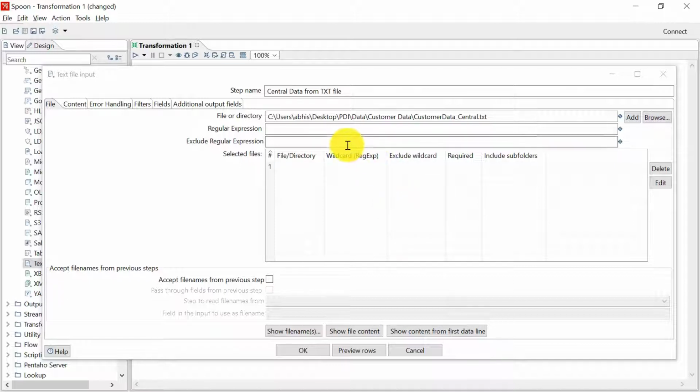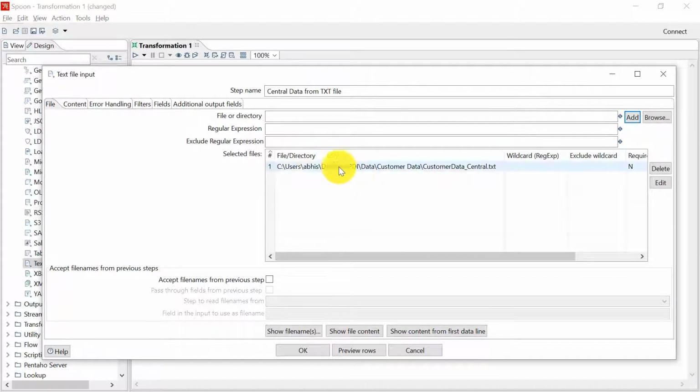Now note that when you click on OK there, the file location is filled here, but you need to click this add button and get the file location in this selected files window. Only when the file is added in this window, only then it will be read. If you leave it here, it won't be read.